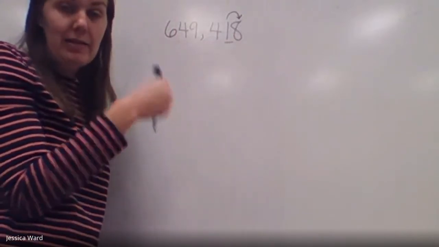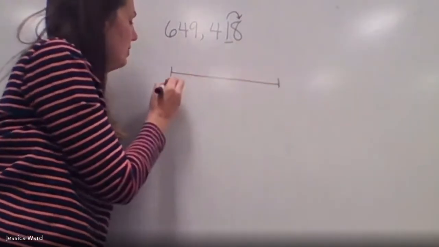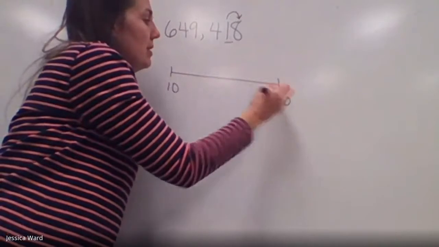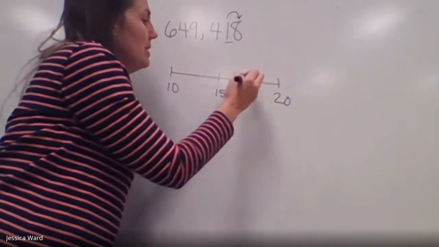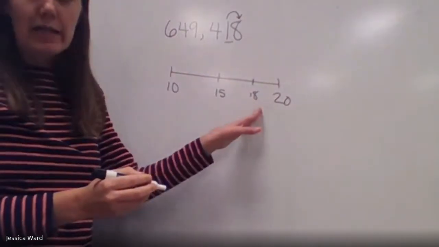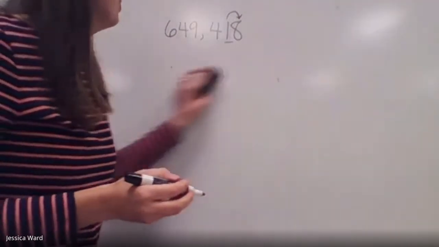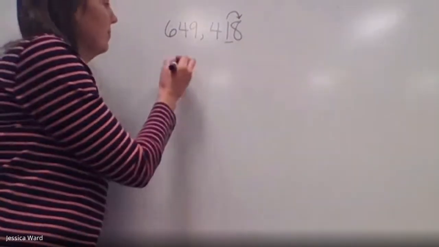If I counted by 10, 10, 20. We also know that if we were to draw a number line with 10 and 20, halfway would be 15. 18 would be about here. So 18 is closer to 20 than it is to 10. So our number, we would rewrite it as